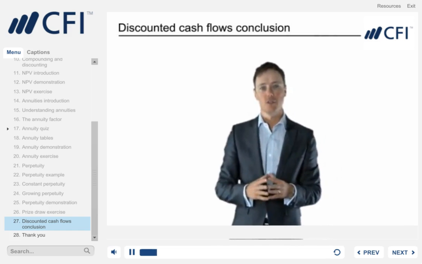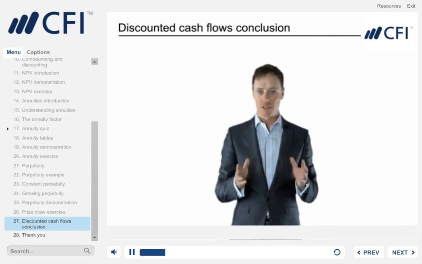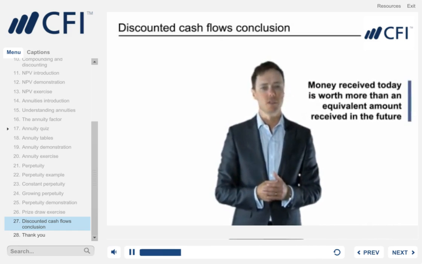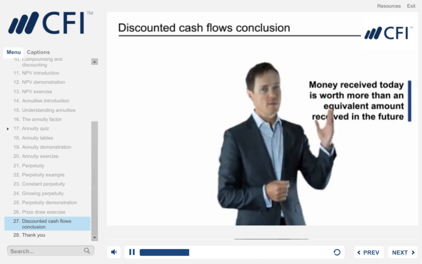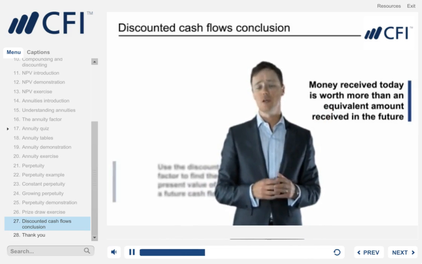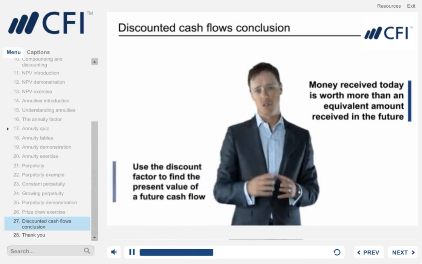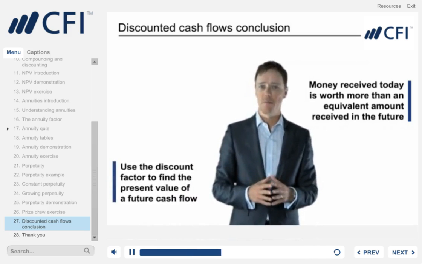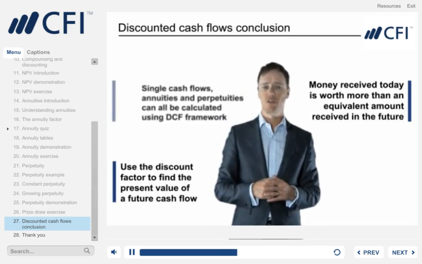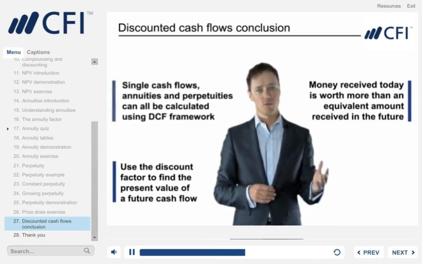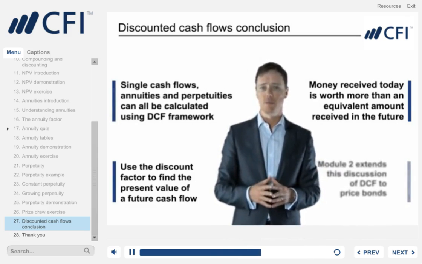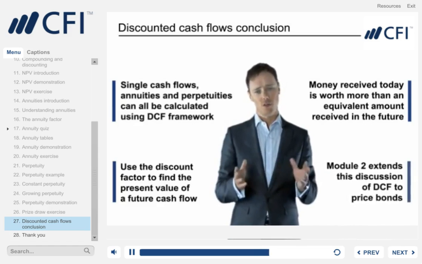That concludes our first module in this financial math series on discounted cash flows. There are some key messages for you to take away from this module. The time value of money states money received today is worth more than an equivalent amount received in the future. The discounted cash flow methodology uses a discount factor to find the present value of a future cash flow. Single cash flows, annuities and perpetuities are all types of investments we can calculate the present value of using the